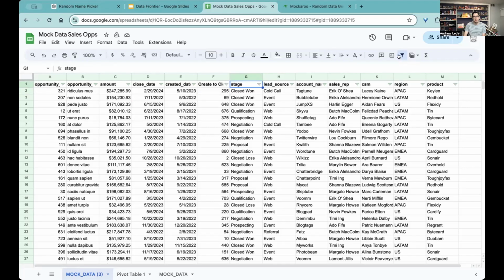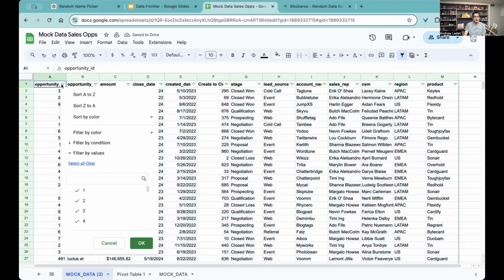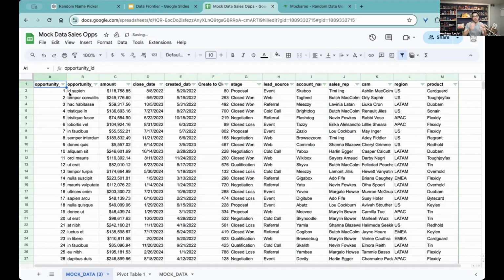You can access that by hitting this funnel. So you see I'm just selected on one cell and they disappear, they come back. That allows me to filter by any of these columns and all the data then shifts. This is really critical if you're newer to data plays, I like to call it, to not mess up your